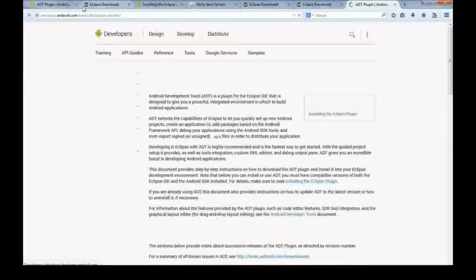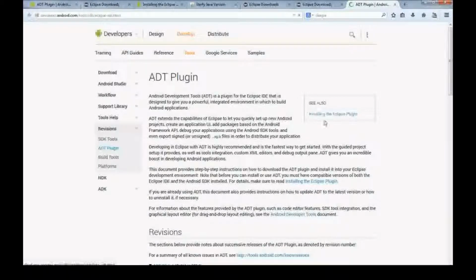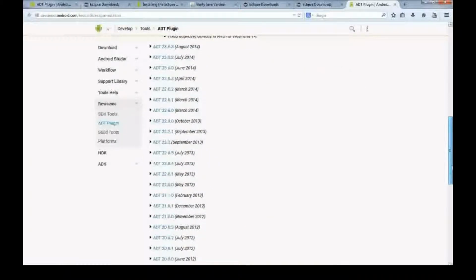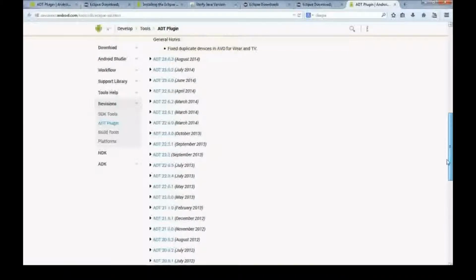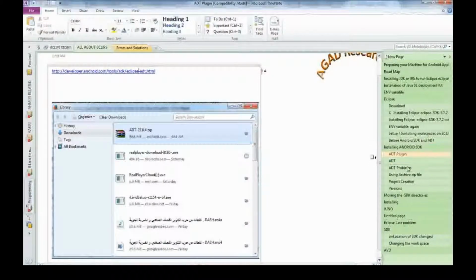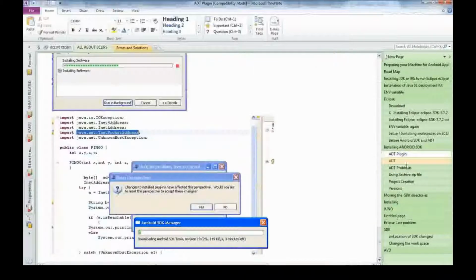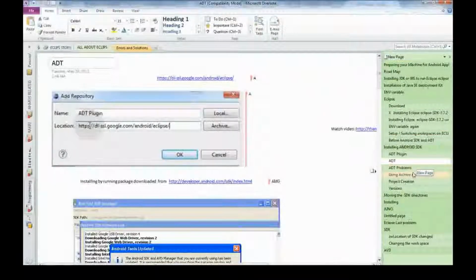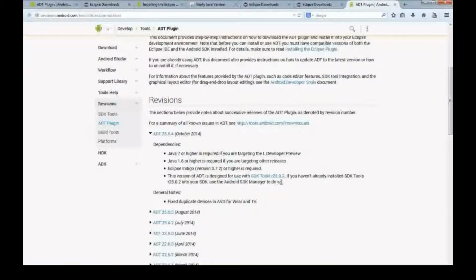It's Eclipse ADT. Okay, you will have a lot of ADTs and you may need most of them. Why? Actually, if you made programs before with a certain ADT, and your workspace has some old programs, you need to install all the ADTs that you made your packages with before. Okay, this one